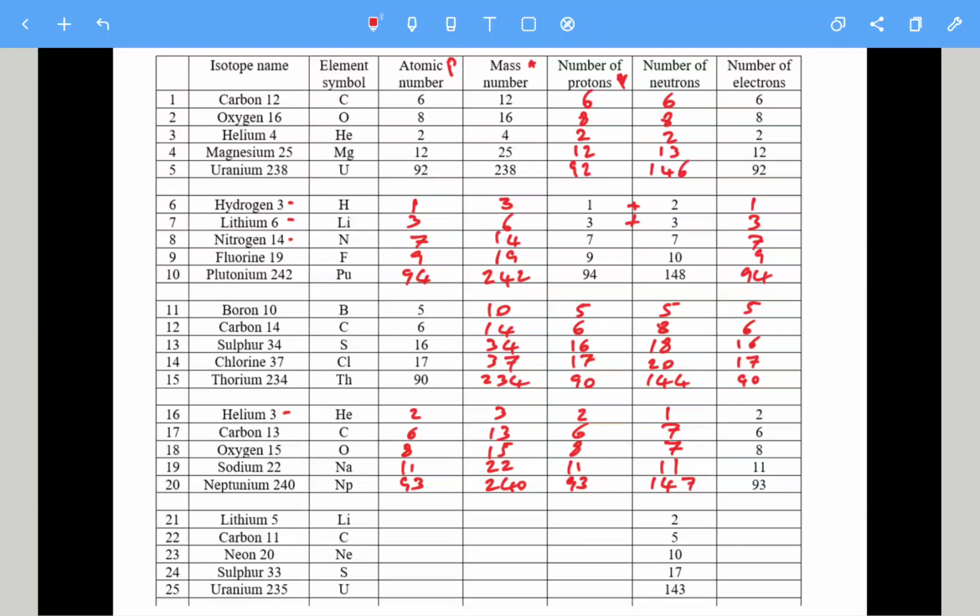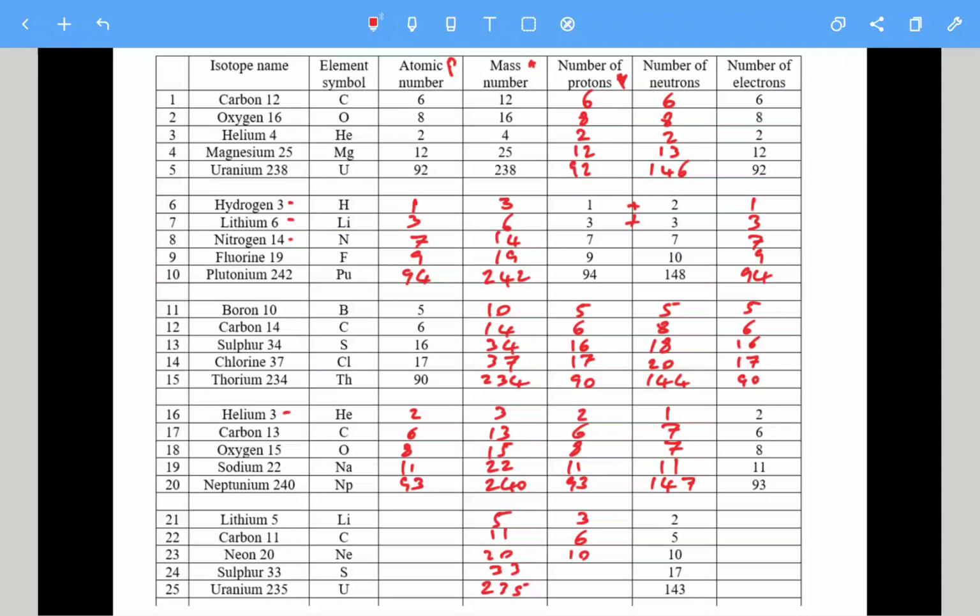Okay, so next one, a little bit different. So we've got the mass numbers, so we can transfer them over from the notation. So we've got lithium 5, carbon 11, neon 20, sulfur 33, and uranium 235. So we've got the number of neutrons, we've got the mass number, so we can get the number of protons by doing the mass number take away the neutron number. So 5 take away 2 is 3, 11 take away 5, 6, 20 take away 10 gives us 10 protons,